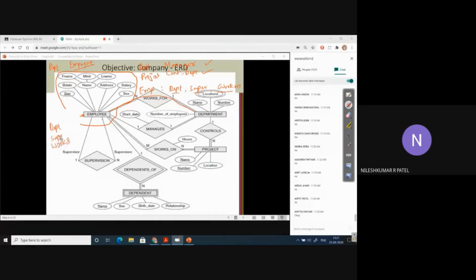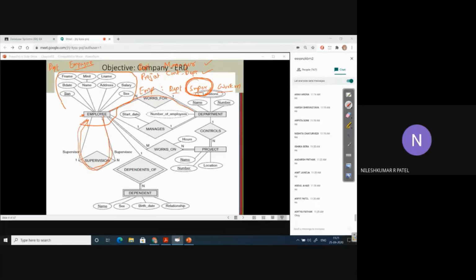Works for, manages, and department. So the first attribute that we remove, for example, let's talk about the supervisor attribute. Supervisor: an employee supervises another employee. So we remove this attribute from our ER diagram entity type, and we represent it